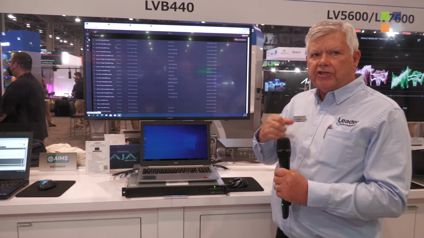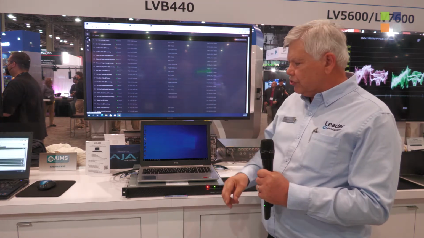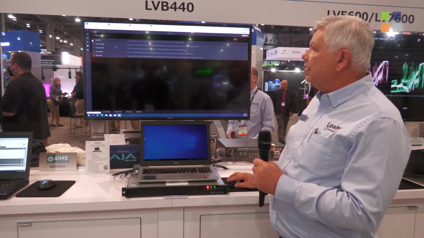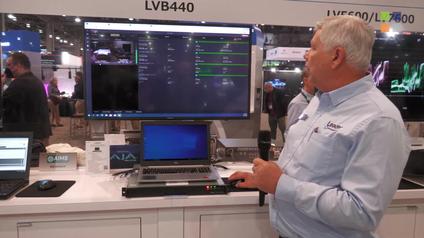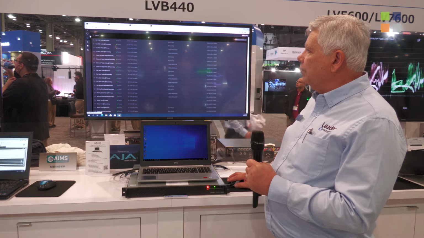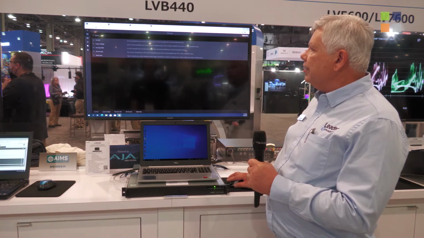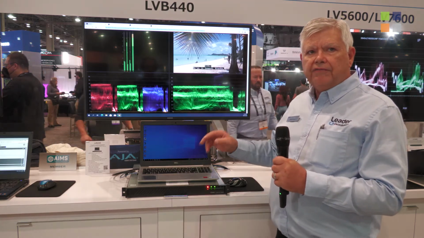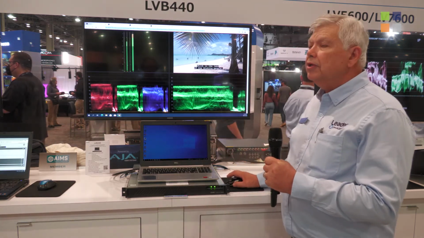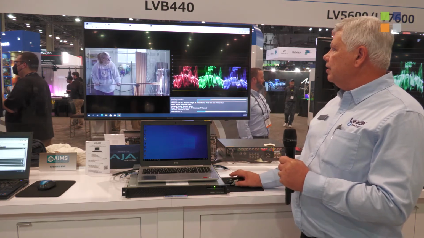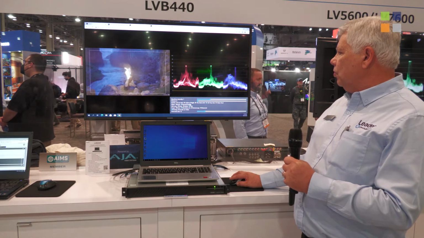So when you have a lot of IP traffic coming into a location, a lot of IP traffic leaving that location, we can turn around and look at all of that traffic simultaneously and then be able to jump to any one of those particular pieces one by one. Then you can turn around and make custom layout screens of any of those pieces that you want to do to be able to show multiple views of things, even down to where you include controls where you can just